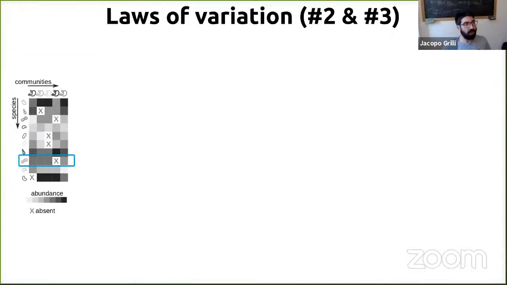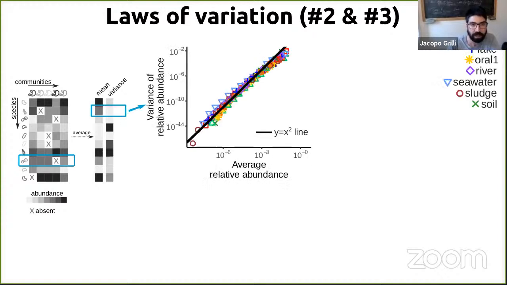So what I've been saying so far is that if you look at a given species, a given OTU, and you look at the variation across communities, this variation is well described by a gamma distribution. Now that means that for each species, I have two parameters, which are related to the mean and the variance of this distribution, and they characterize the variation of that species across communities. A natural question to ask is, are these two parameters independent across species? And as you might expect, the answer is no, they are actually related.